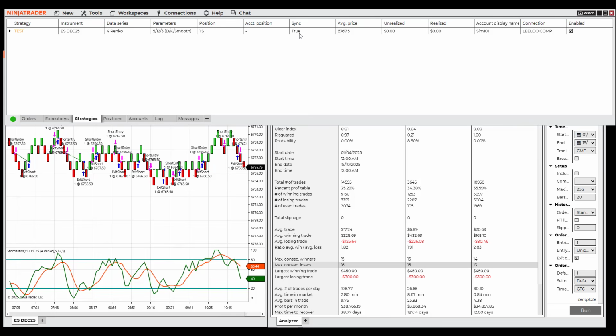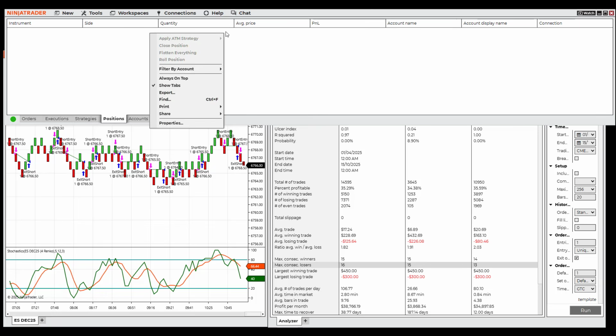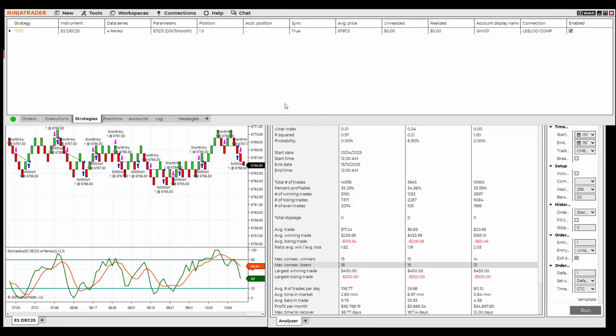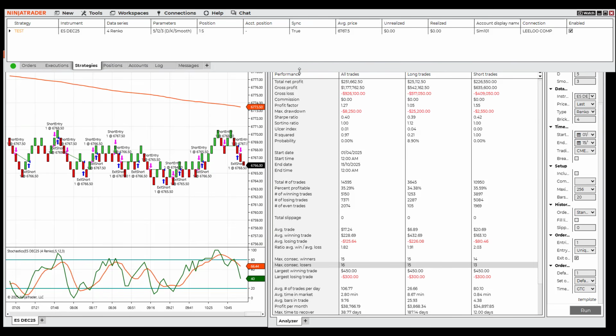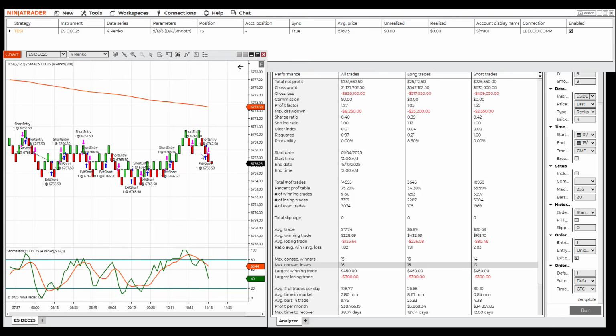No positions on, only take one when it's flat, because that's another way of helping you get around the problem. But if you see it false, just go down to your positions, because you might have something in there, and you can right click on it and close the positions and then restart your strategy. But at the moment we haven't got anything going on. We've joined in while the signal was in place, so we haven't got a live trade going on yet